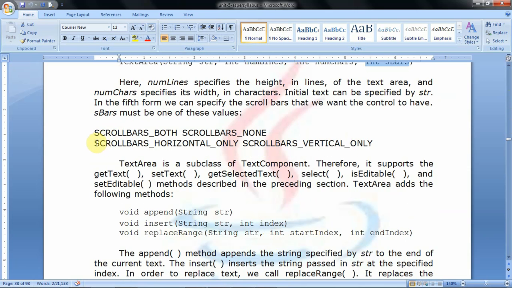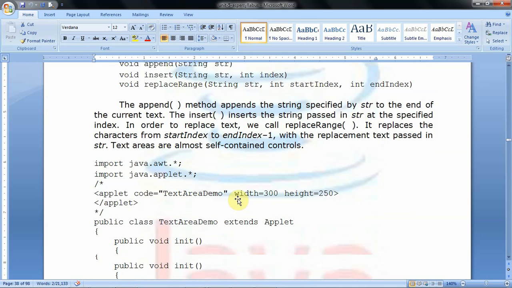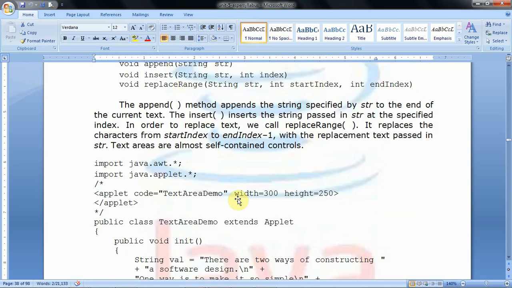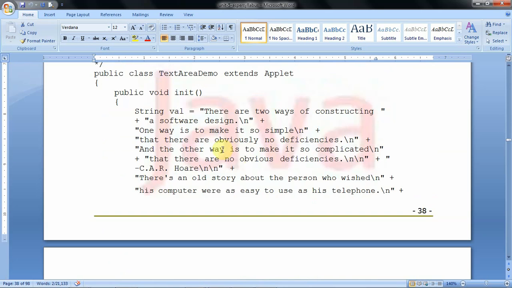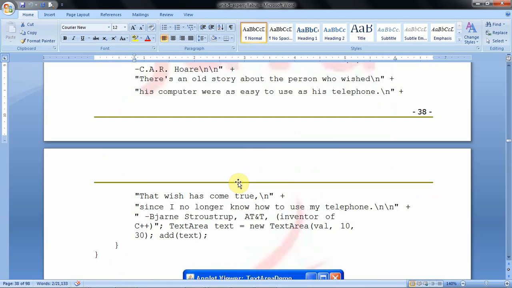We can add only a horizontal scroll bar by using this constant, a vertical scroll bar by using this, no scroll bar, or sometimes both scroll bars. This is the example program that demonstrates the text area. Two packages are imported, then the applet is defined, then the init method. I take some multi-line message like this.